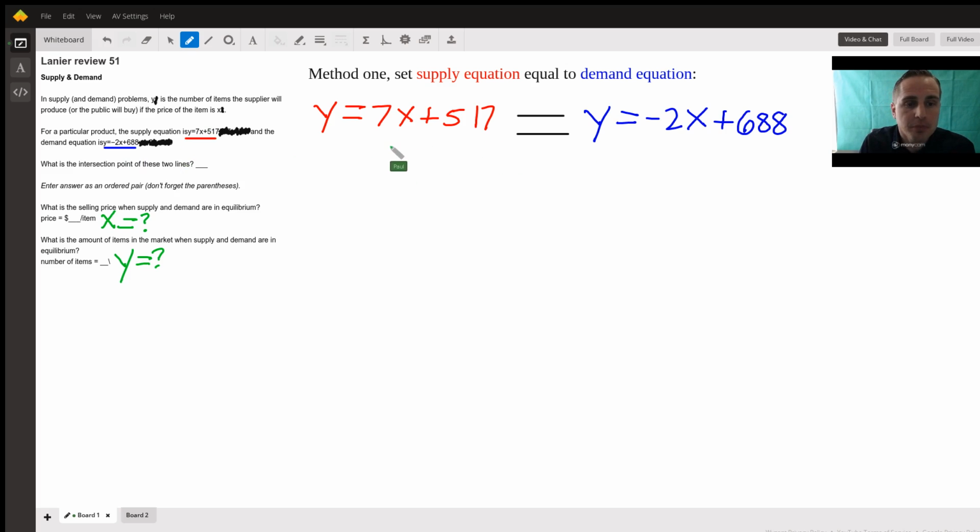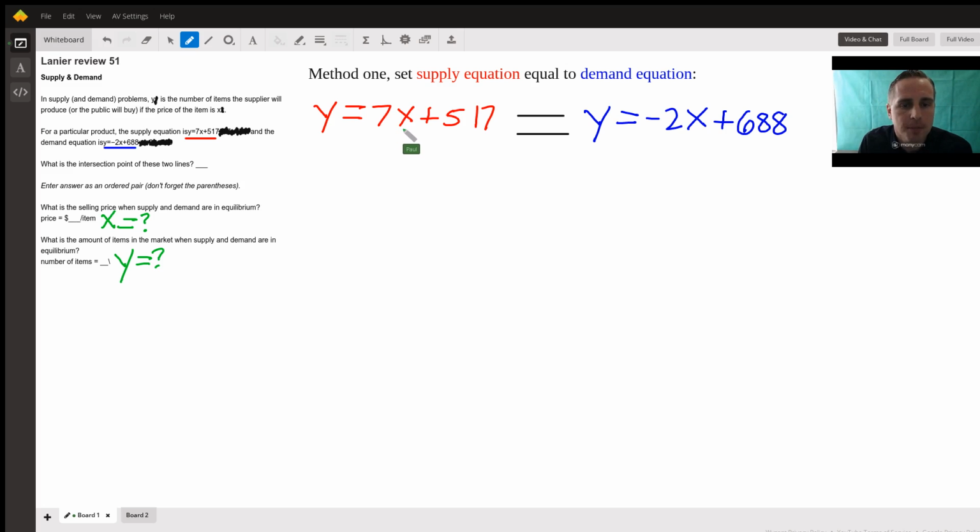So the supply equation is what we call a positively sloped line. How do we know that? The M value, that is the constant in front of X, is positive. So X increases, Y increases. And that's to say, as the price increases, the number of products that we produce, that we supply, increases. And that makes sense because if we can charge more, we can make more, let's say with our factory or